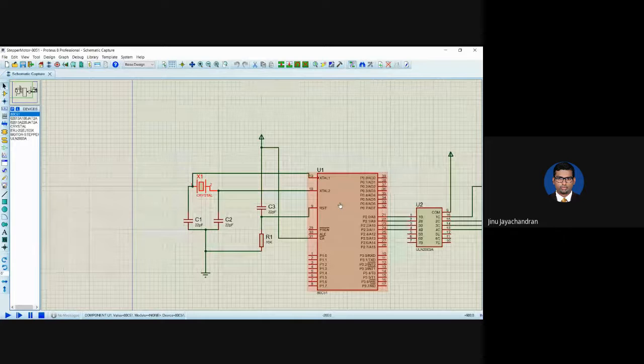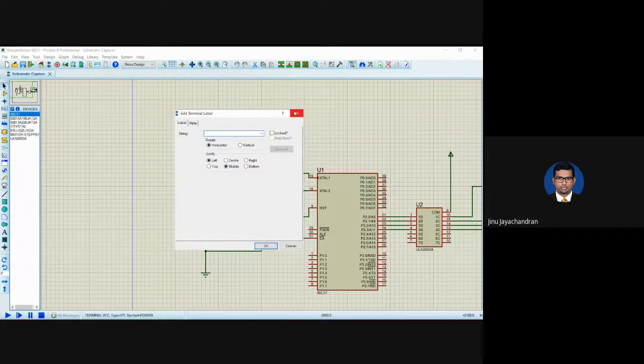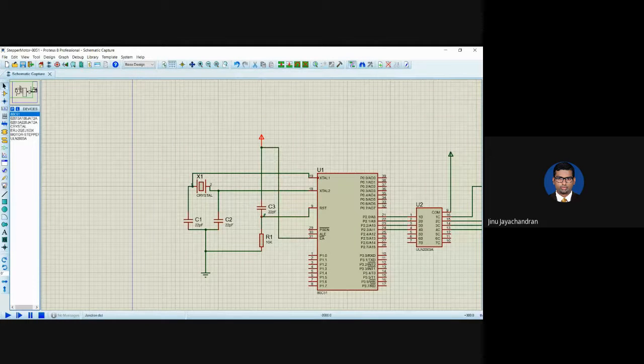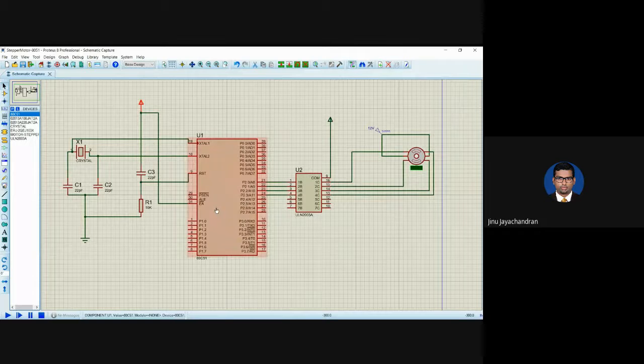For example, if I happen to have a delay, I can easily calculate using this 1 microsecond pulse. Then you have C1, C2, C3, R1, etc. C1 and C2 are connected to the crystal to remove any unwanted DC coming into or going out of the crystal. Then the reset pin is tied to the 5 volt source, which makes sure the system is not put in reset. The EA pin is also connected to high, which makes sure the microcontroller is working in the normal mode.